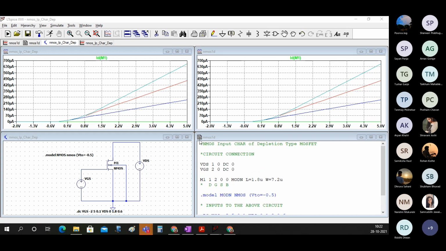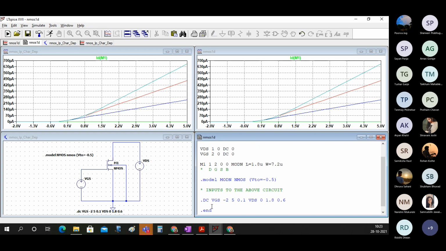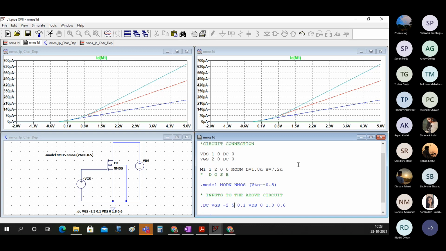So yes, all this if you don't write, it's also fine. Actually speaking, there are just 1, 2, 3, 4, 5 and 6 lines. That's it. 6 lines of code to describe the circuit.